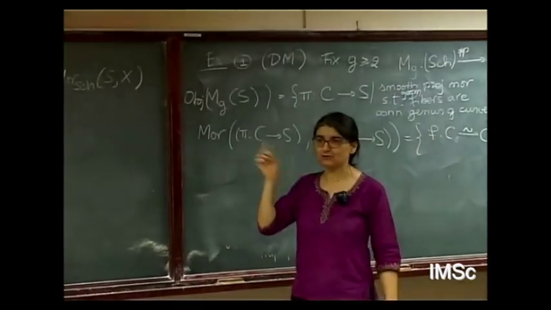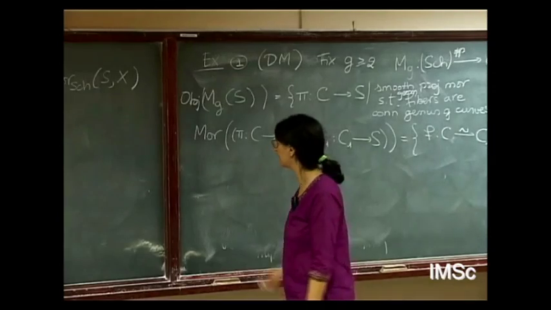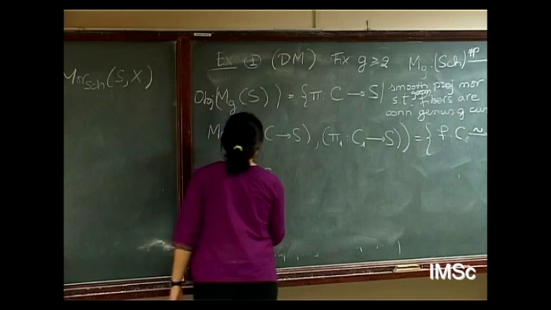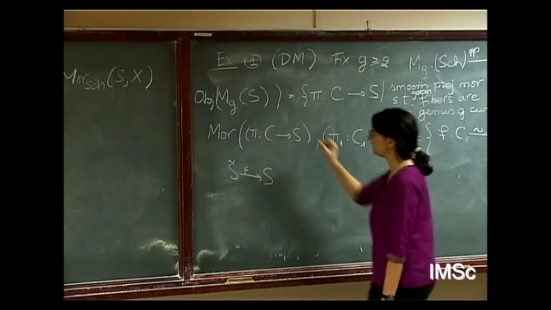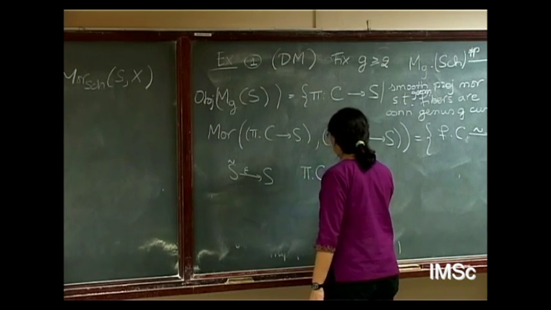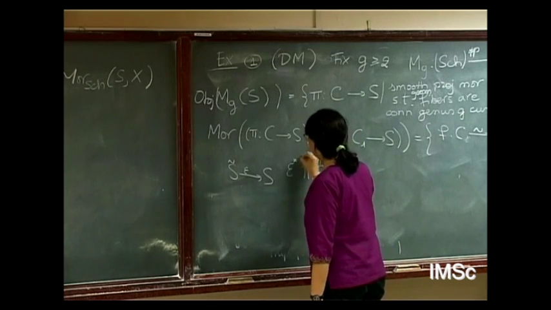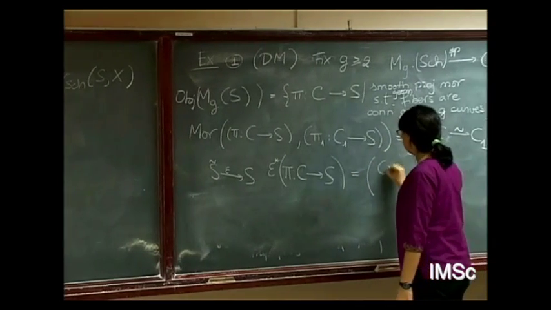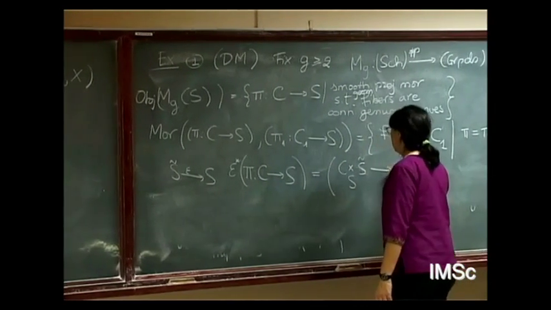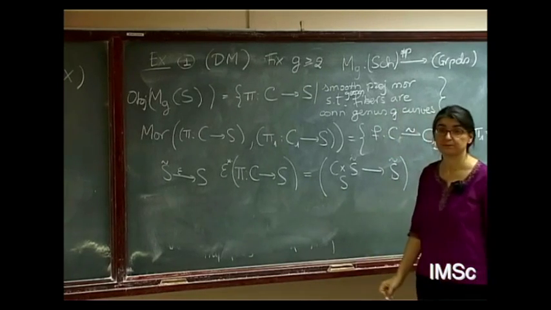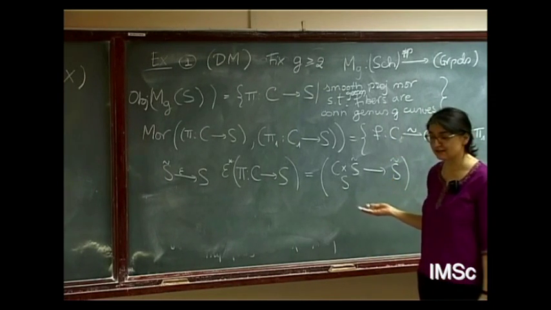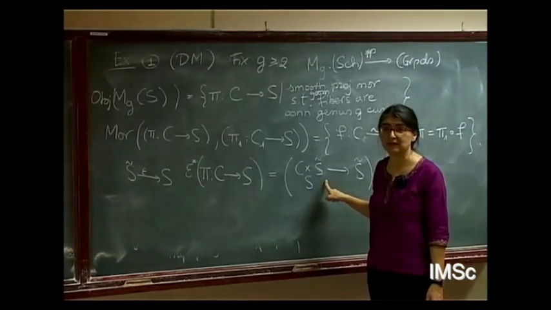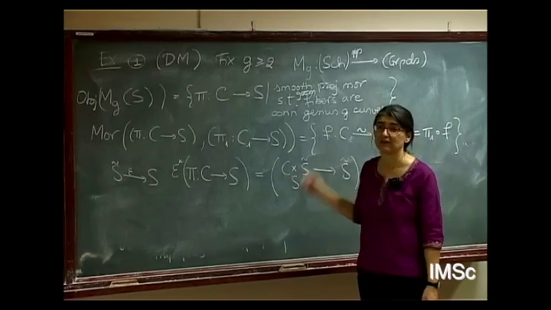And now we will go back to the cheating and to the question he had asked. So how do you pull back? Well, if you have S tilde to S, and you have a pi from C over S, what is its pullback? And the answer is, well, this is C times_S S tilde with its natural map to S tilde. And the point is that if you read in Hartshorne, this isn't really a well-defined scheme, but it's only a scheme well-defined up to canonical isomorphism.